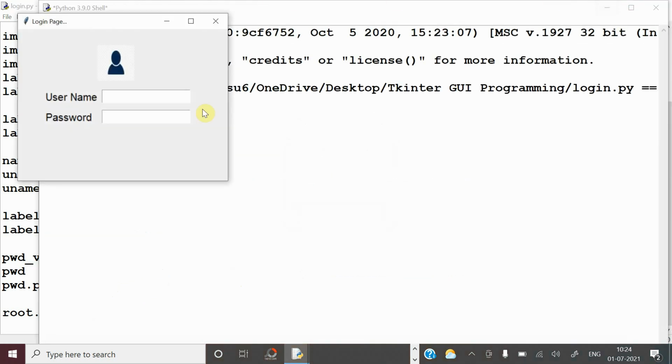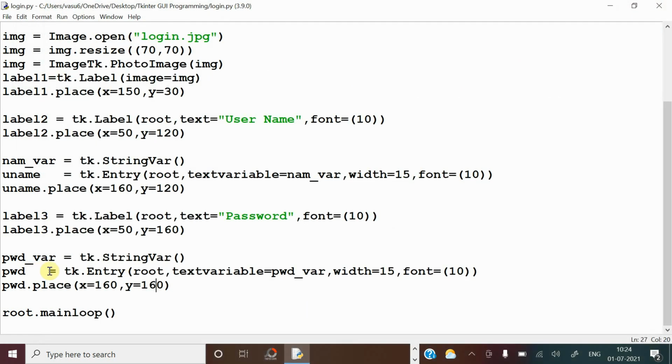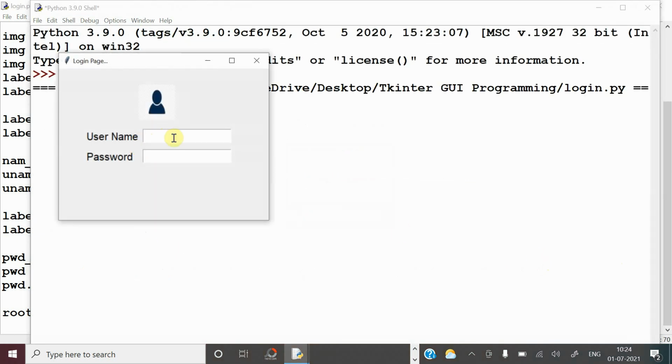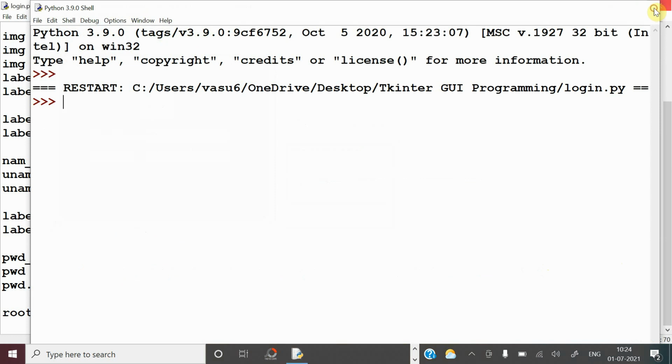Yeah, now both the boxes are there. First try to enter the name, for suppose enter the username, and password whenever I'm typing it is visible, but you have to hide this with some asterisk symbols. So that's why what I'm doing is, here in entry box, here you can keep one parameter show equal to asterisk symbol. So means whenever user enter anything, instead of showing the text it will show this symbol. So simply open this. Now it's visible. Now whatever you are typing in the password box, it will be displayed in the form of asterisk.